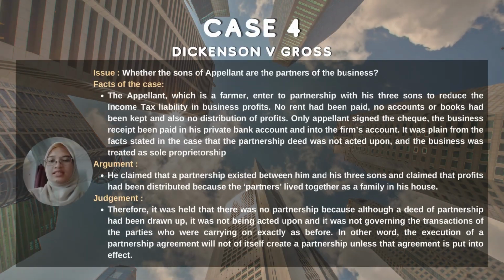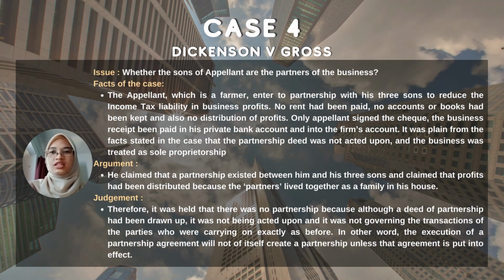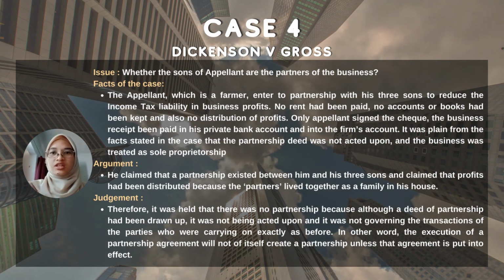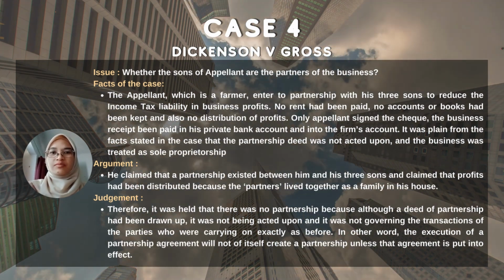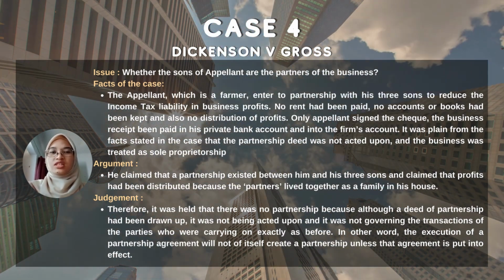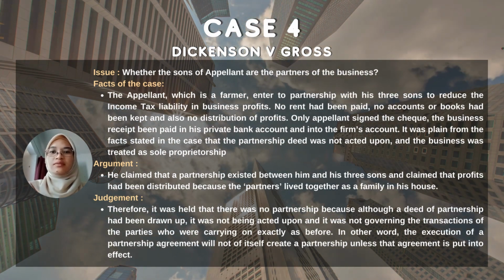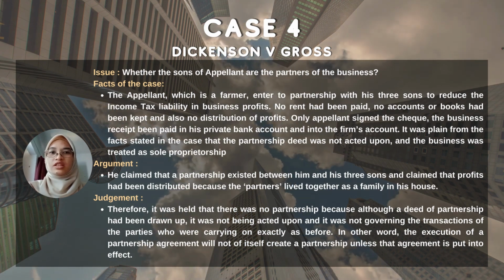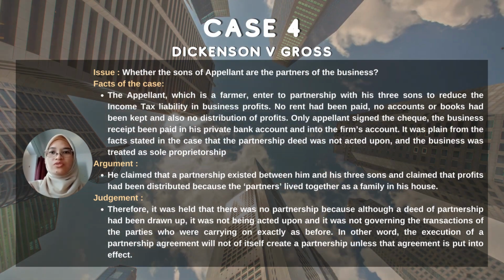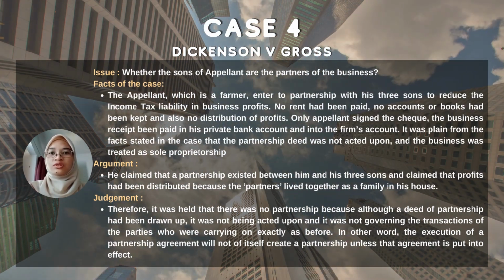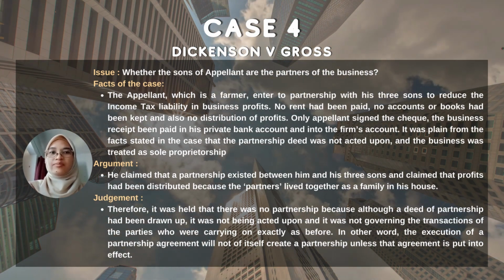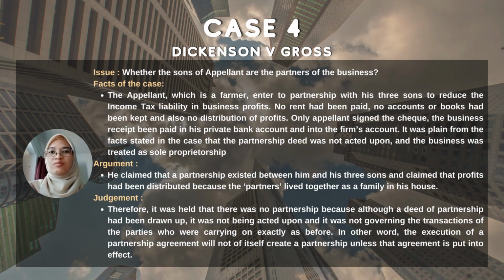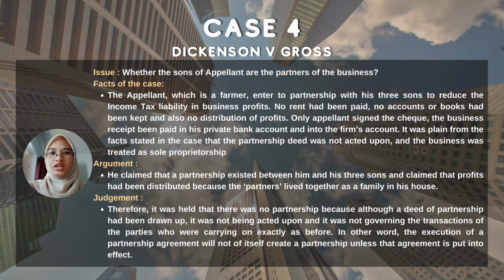The relevant case is Dickenson vs Roche. The issue is whether the sons of the appellant are partners of the business. The appellant, who is a farmer, entered into a partnership with his three sons to reduce the income tax liability on the business profit. No rent had been paid, no accounts or books had been kept, and also no distribution of profit. Only the appellant signed the cheques, and the business receipts have been paid into his private bank account